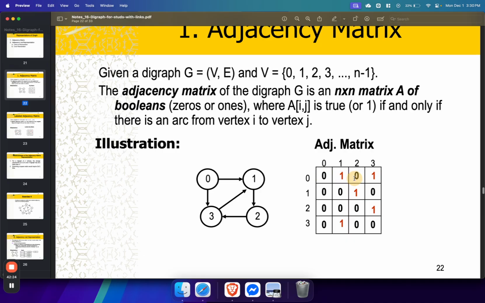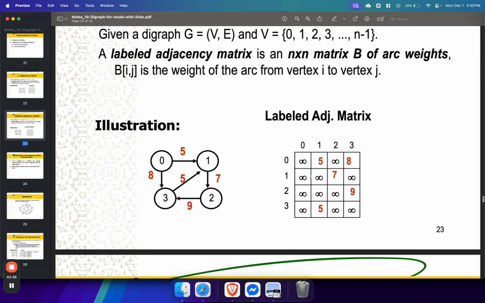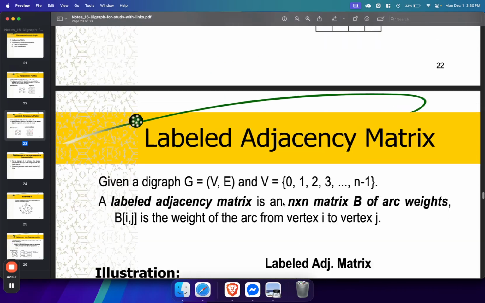It's just a two-dimensional array of what data type? Pwede integer, pero preferably Boolean. So you're essentially creating a 2D array of Booleans or a 2D array of integers. If you can remember how to represent a 2D array, you can call it int a with brackets 4 brackets 4. Ingon na graph na siya.